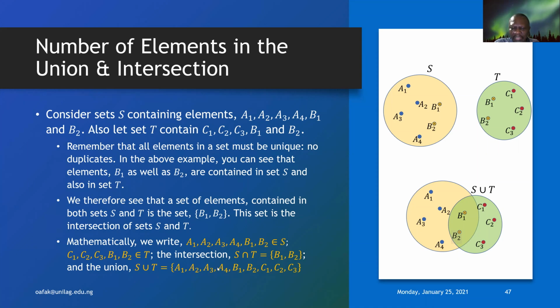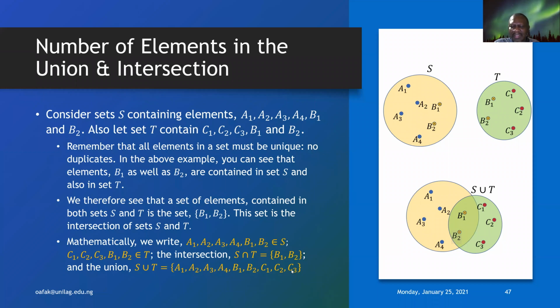So you have A1, A2, A3, A4, B1, B2, C1, C2, C3. You can also have another B1 and B2, but because repeats are not allowed, once you have taken B1 from S, you don't worry about the B1 again, because this new set cannot contain more than a single B1. So that is why when you count, now you see that 1, 2, 3, 4, 5, 6, 7,